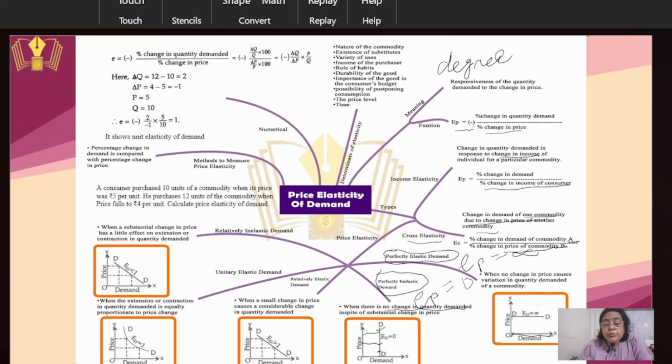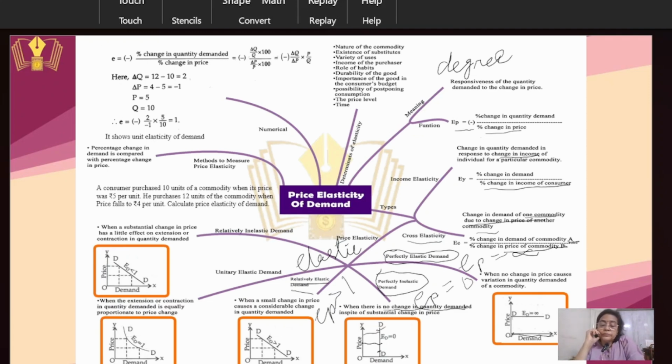Let us proceed to the next one. Relatively elastic demand, or for the same thing, you can write it as elastic demand only. If it is elastic demand, a small change in price causes a considerable change in quantity demanded. This means the change in quantity demanded is more than the change in price. This one we can write as EP or ED, as I am telling you repeatedly, is the same. So it will be written as EP is greater